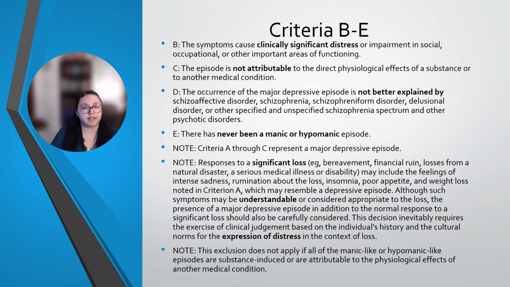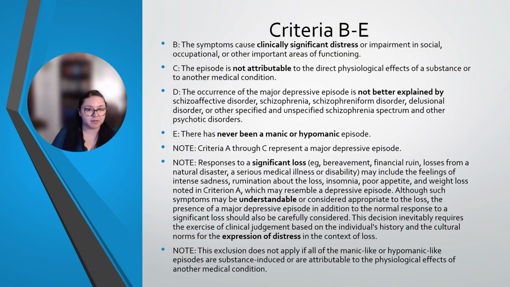The episode is not attributed to physiological effects of a substance or medical condition. That's really important, and we'll talk about that. The occurrence of major depressive disorder is not better explained by another disorder, which may include schizoaffective disorder, schizophrenia, schizophreniform, and other psychotic disorders. Criteria E is there's never been a manic or hypomanic episode, which would indicate bipolar 1 or bipolar 2